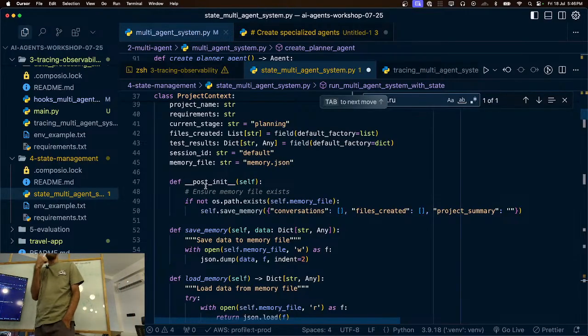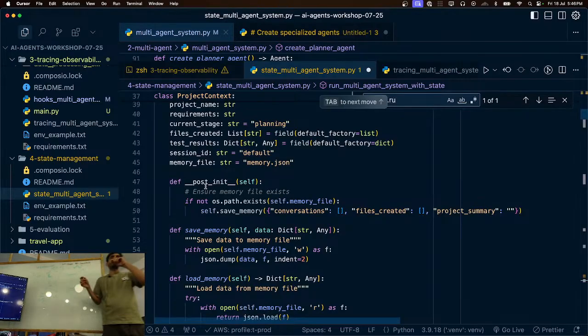Is this the same as the memory itself, or is it more like, here I can maintain the list of files it needs to create, more of a metadata? It's more of a metadata. It's not the memory. If you want to save the state across multiple rounds of the agent,